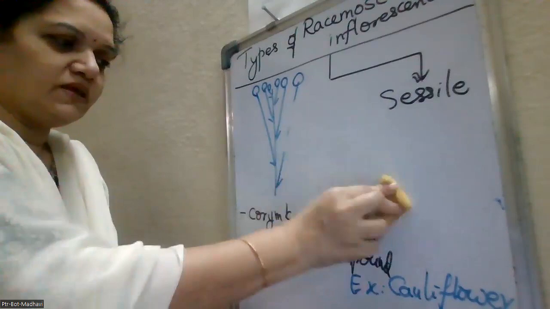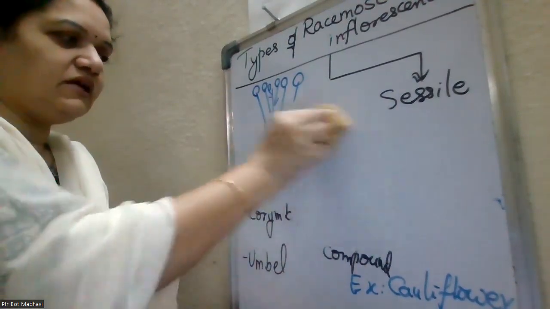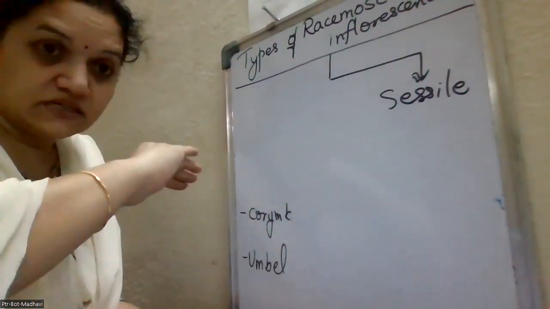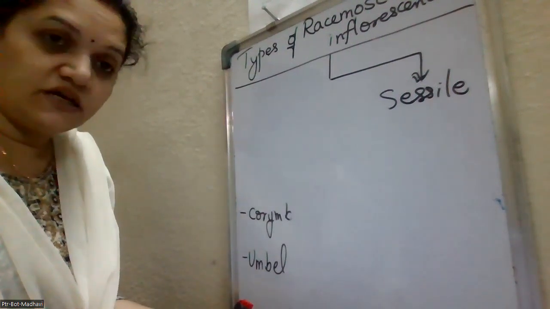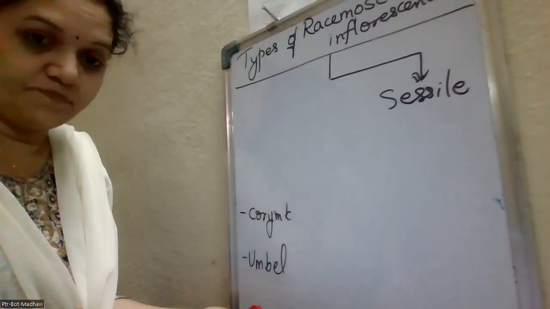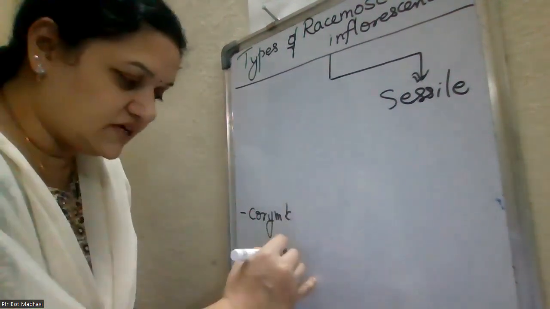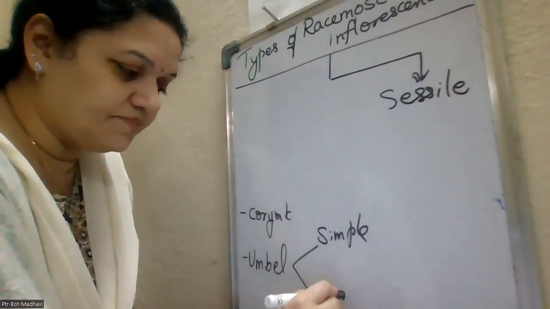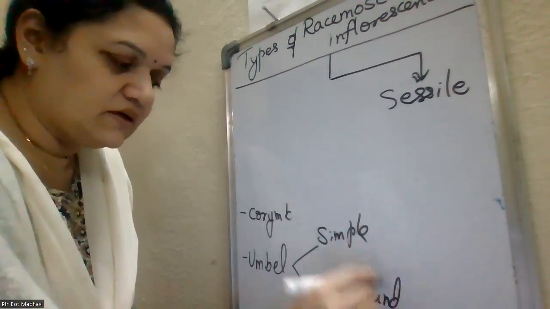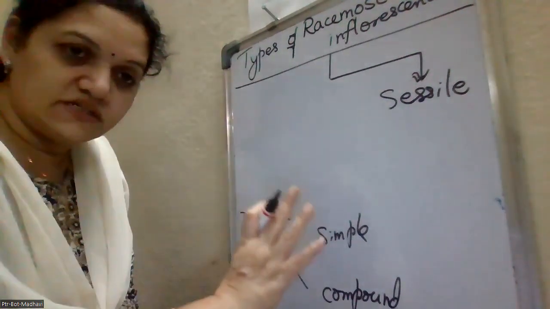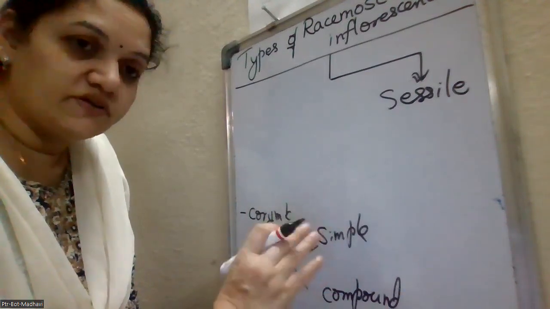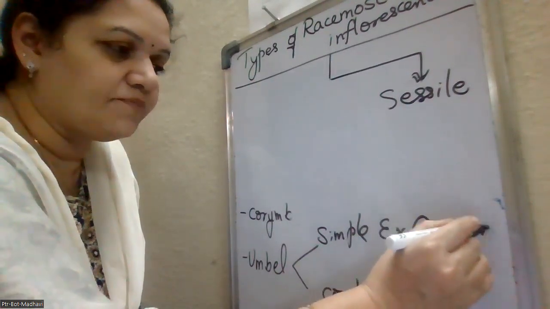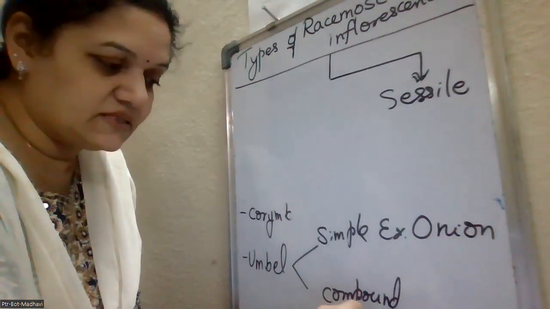Next one is the umbel. Umbel, in that inflorescence axis, the tip of the inflorescence axis is condensed to a flat disc-like structure. On that, flowers are arranged in centripetal manner. And here, all the flowers are bracteated and pedicellated. In this also, simple, compound. Simple umbel is where the inflorescence axis does not branch and the flowers are present. Example, onion, Allium cepa. And compound umbel. Example,